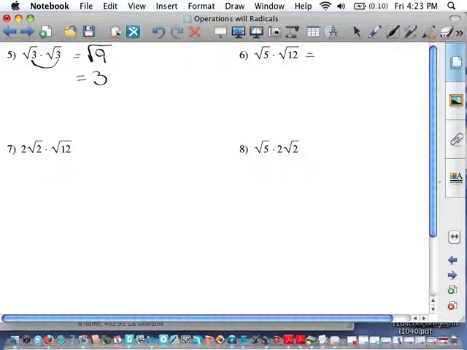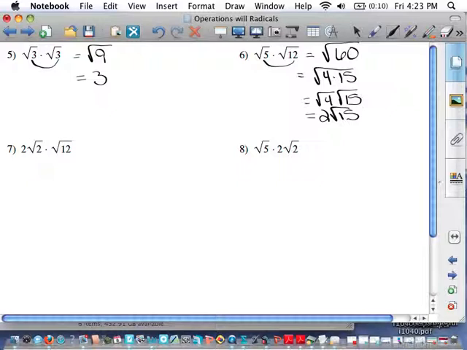Number 6, when I multiply the radicands together, 5 times 12 is 60. I get the square root of 60. 60 can be factored to 4 times 15. So that gives me the square root of 4 times the square root of 15. Square root of 4 is 2 times the square root of 15. Now the next